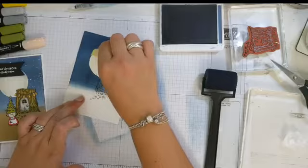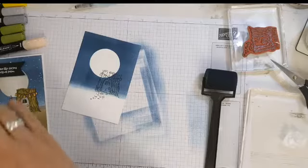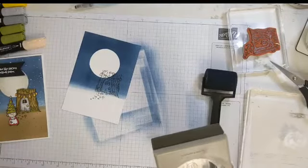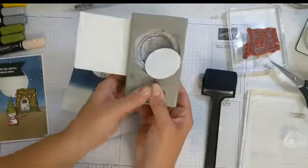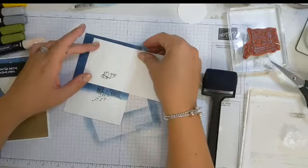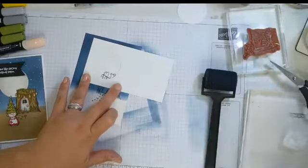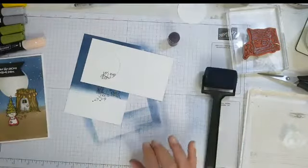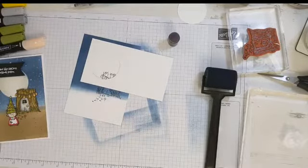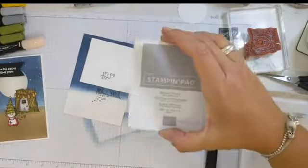Okay, so just peel off your Post-it and you're left with that lovely white circle. Now the tip with this bit is don't put your fingers in that. Now we're going to take a piece of white card and punch a hole out of it with the same punch, and we're going to lay this on like so. So that is exactly the same size, and I've got here a sponge dauber, and I haven't brought the ink pad over, I'm just going to grab that, just to take the edge off of that white. I've got a smoky slate ink pad,